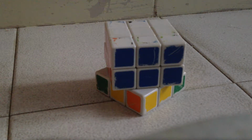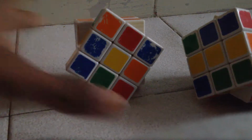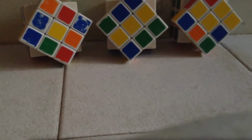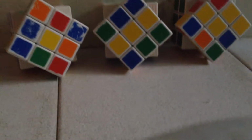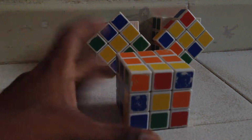So we end off with finishing the second layer and the first layer together. Now we are going to finish the last layer. So it's either you will get this combination. Look closely. You'll get a small arrow, a straight line, or a dot in the middle. So if you get those things, first, for the dot: